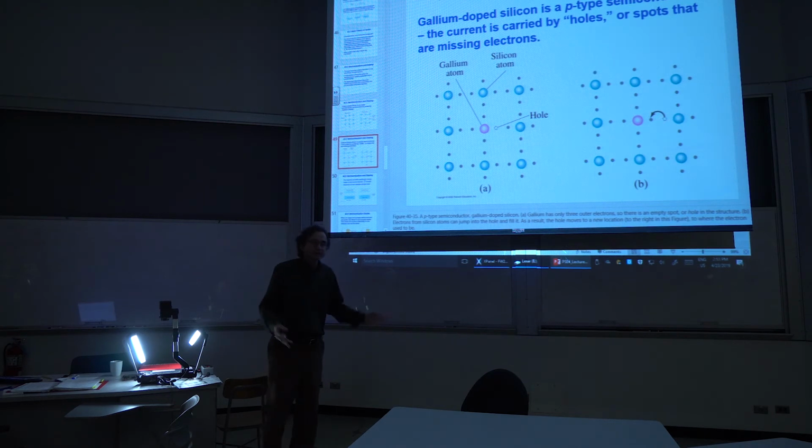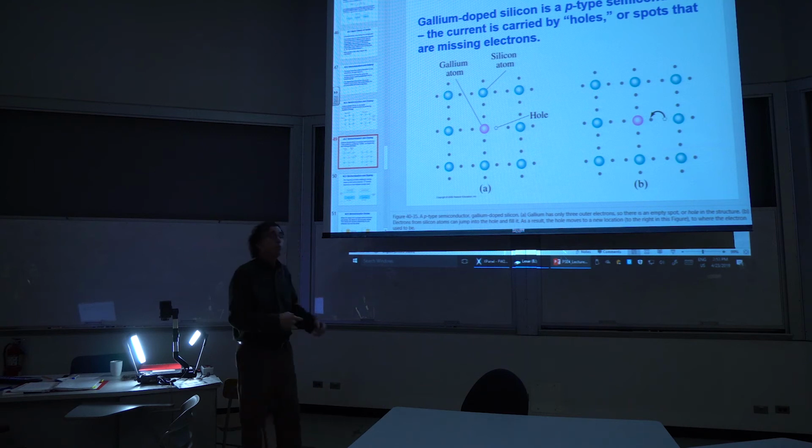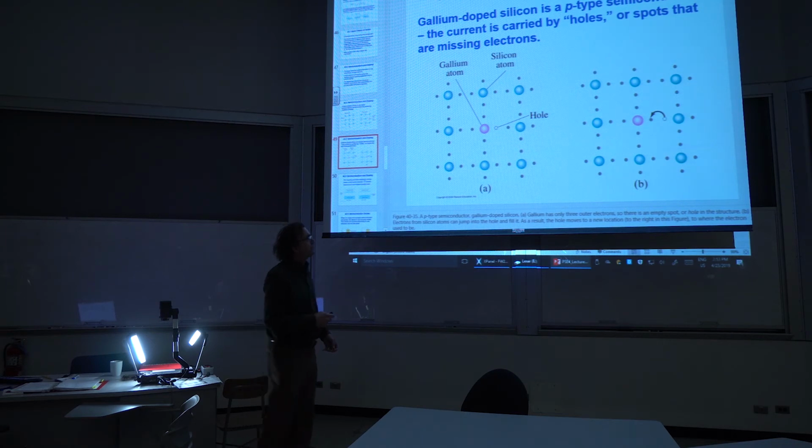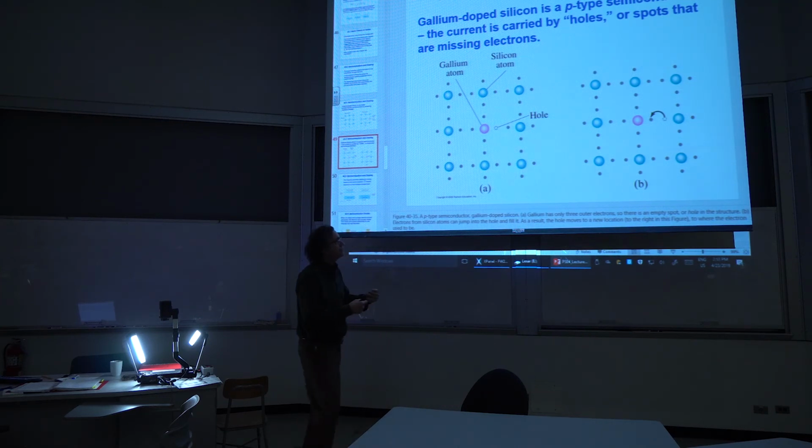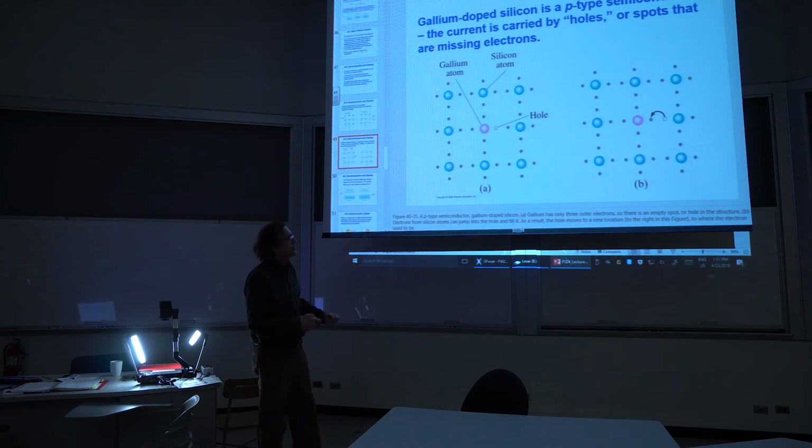Now remember, these are not static pictures. This is not an electron that's sitting in space, but it's in orbital motion. But this atom now has 1 less electron in its filled shell, so it can easily grab the electron on the other side and fill that into that hole, and now that hole has moved over to the right. So if I were to keep track of where there was a deficiency of electrons, which we call the holes, the hole is moving from the left to the right,